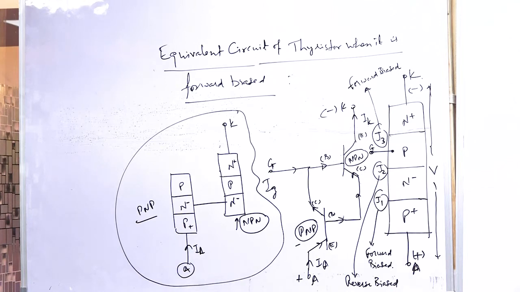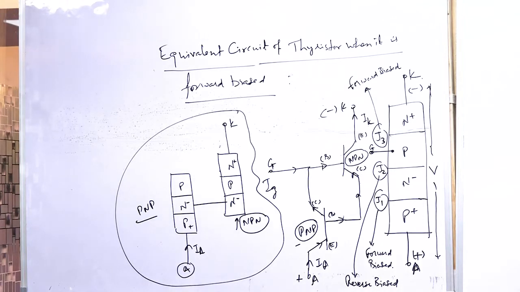Reverse biased thyristor, we have understood completely how it behaves. It behaves as two diodes in series with reverse voltage across them, with 90 to 95% of the voltage dropped across the first diode and the remaining 5 to 10% across the second diode. This is the equivalent electrical circuit of a thyristor when reverse voltage is applied across its terminals. Now we are going to discuss the case when forward biased voltage is applied across the thyristor. We have seen that junctions J1 and J3 are forward biased, but junction J2 is reverse biased.